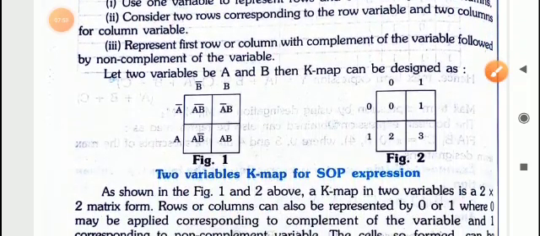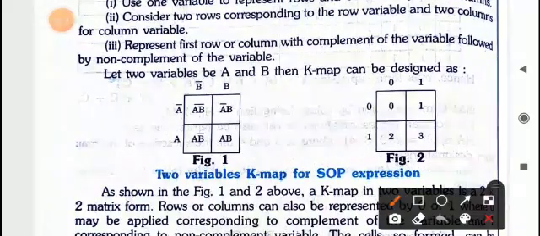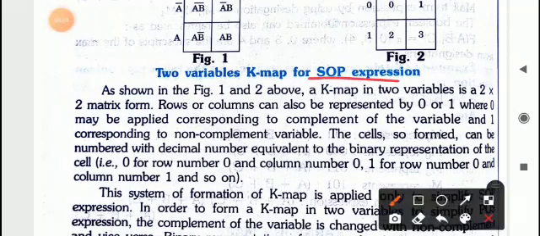Okay, now you can see here the first row is A complement, and this is B complement, then A and then B. Then coincide and write in each box. A complement will be represented as 0 and non-complement will be represented as 1. And these cells will be numbered 0, 1, 2, 3. Okay, so this is the two variable K-map for SOP expression.